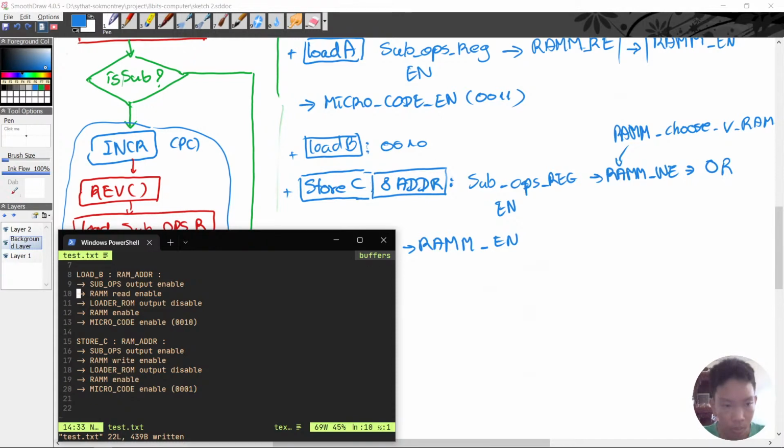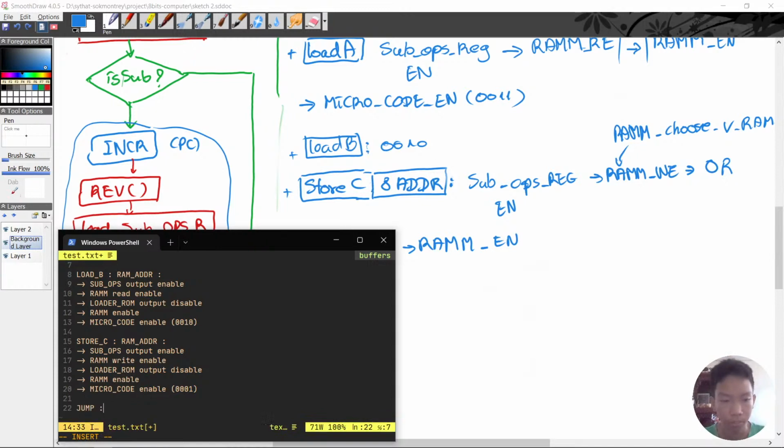In the case of store we write, in the case of load we read, but after that everything is the same. So the load ROM is output disable, and then the RAM enable, and then the microcode enable. So we need a different microcode for the read and write, or we can just put like is it read or is it write. But now let's go to the jump